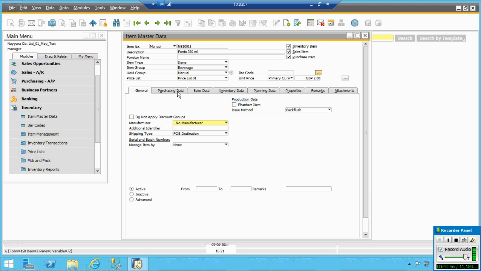Then the purchasing point. There is an option here. You can say who the manufacturer is, the original manufacturer of the product we are talking about. Sometimes the company is manufacturing. You have an option here. Otherwise, you can set a client. You can generate a report based on the manufacturer.